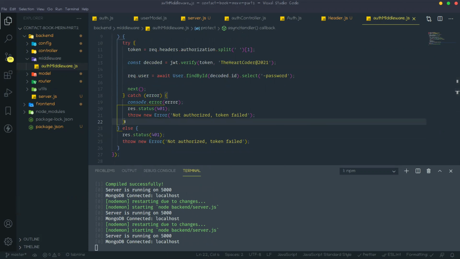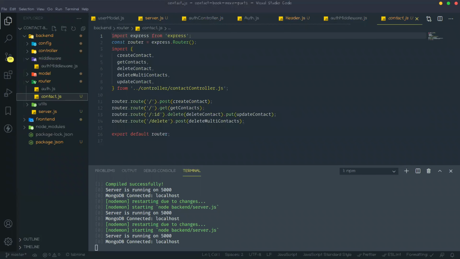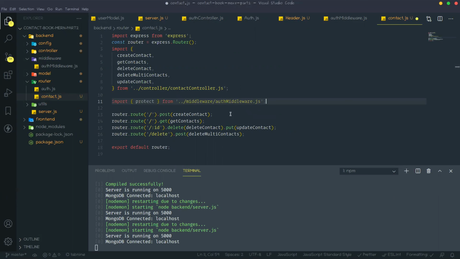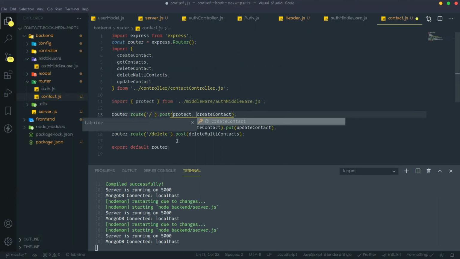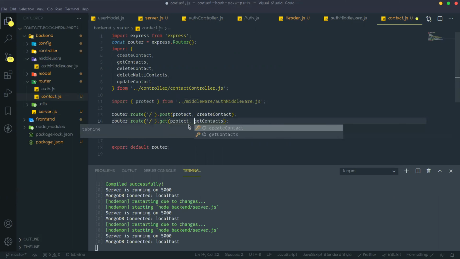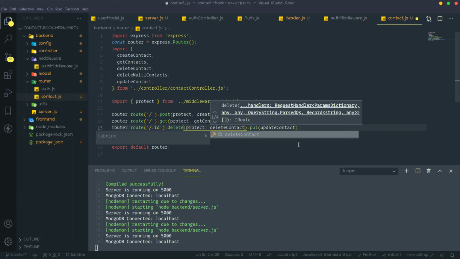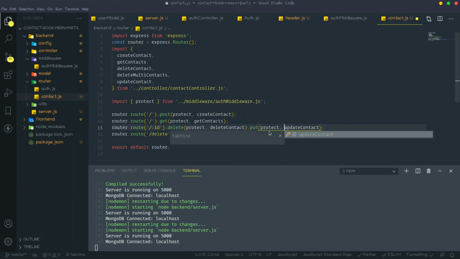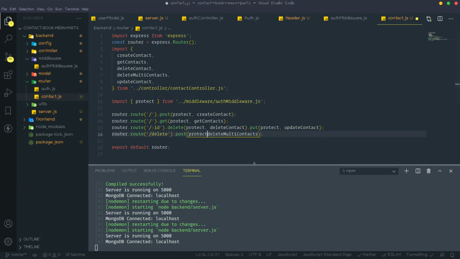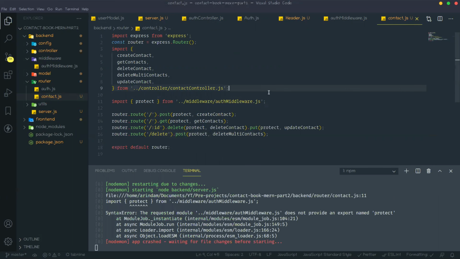Go to the routes now. In this contact router, you need to bring this protect and add this protect everywhere, like protect first, then create contact, like that way. Now I need to send that JSON token.